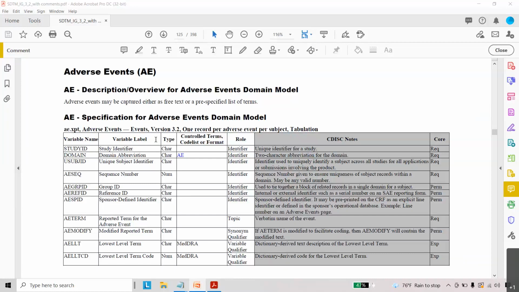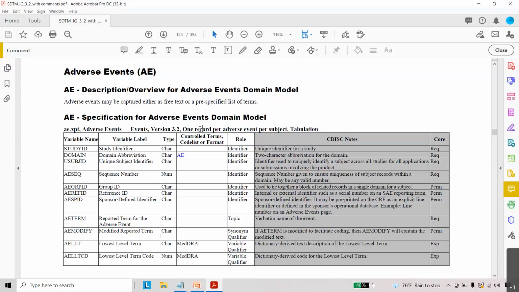We will see the variables slowly. First, we will see the structure of the dataset, how it looks. It is one record per adverse event per subject. For example, if in the adverse event domain at the SDTM level we have 10 records for one subject, we can see 10 adverse events. You can even see 5 records on the same day but at different time points.